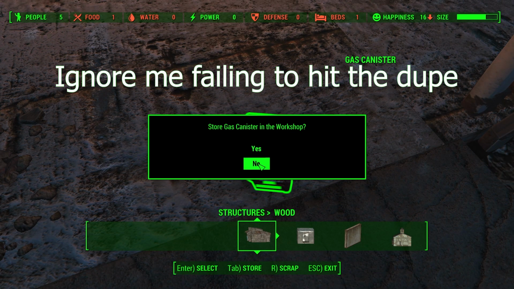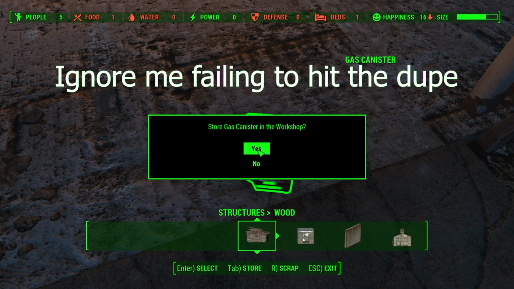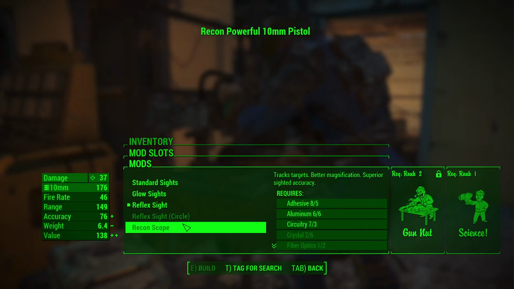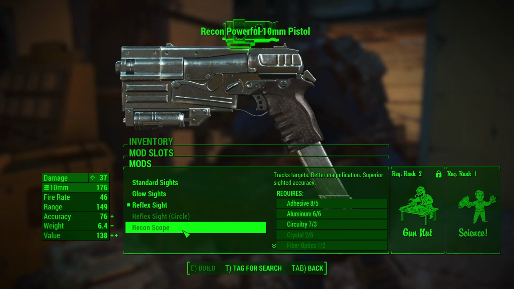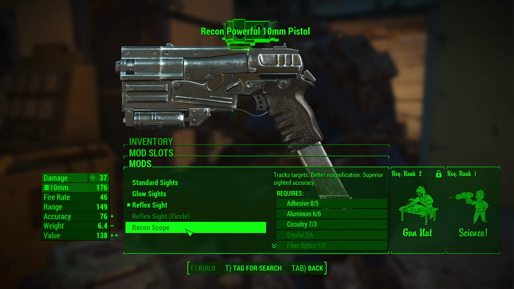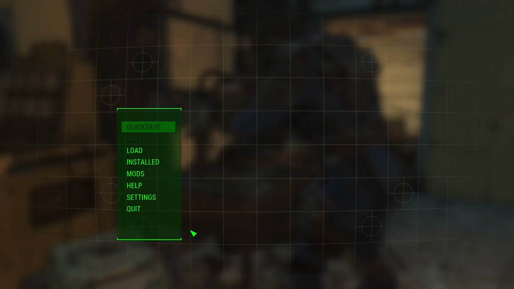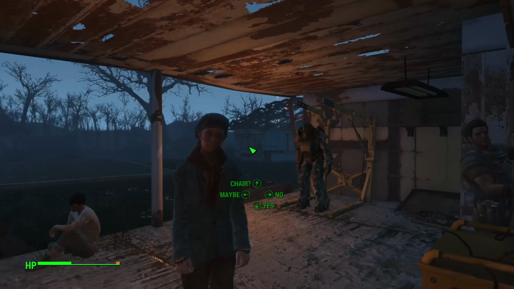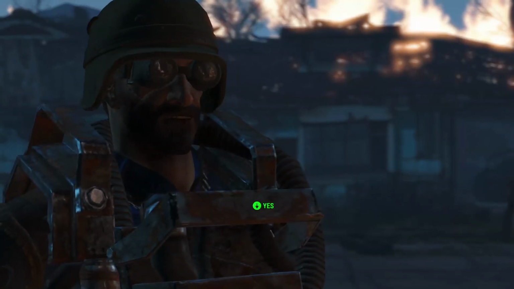I did say the goal is to see how overpowered I could get, and it's my video, so I don't care that I'm duping. After getting the materials I needed, I then modded two different pistols. One which was focused on range and damage, and the other one which was focused on rate of fire. The goal being to have two pistols,